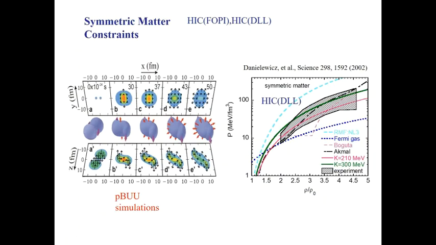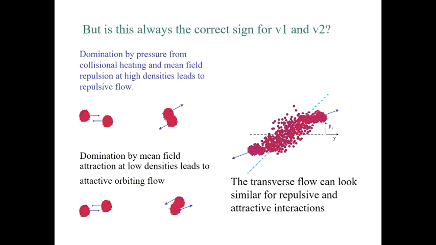And of course, this data has been used to extract the equation of state. That was discussed earlier, and many times actually during this meeting. Okay, so now the question is: is this always the correct sign for V1 and V2? There are reasons to believe that it might not be, because actually at low